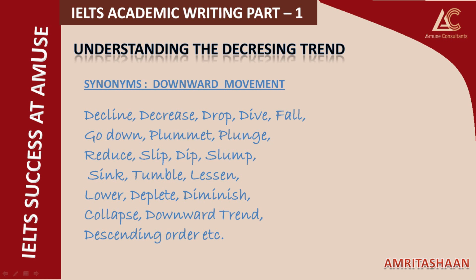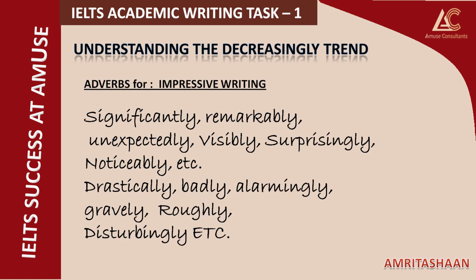You have to take care when you are describing the things of past, you will use the word declined. When you are describing the changes in present, you will use the first form of verb that will be decline. And if you are describing the thing of future, then it would be it will decline. So while making use of verbs, you have to be careful about the information, whether it is in past, present or future.